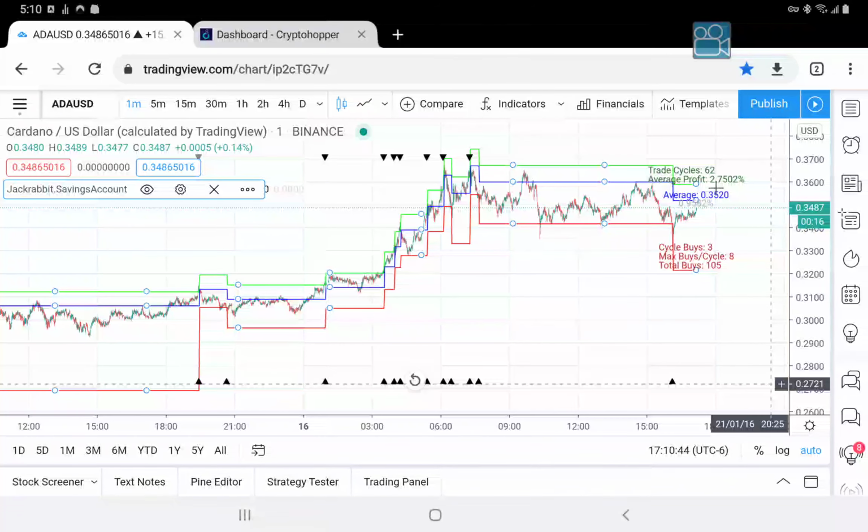Now, reasonable means you need to allow for internet outages, unpredictable exchange maintenances, or just bad connections between TradingView and Cryptohopper, or sometimes Cryptohopper having its own issues. You're not going to make a profit 100% of the time, but this is a reasonable approach for a consistent system. So now that we have this part set up,